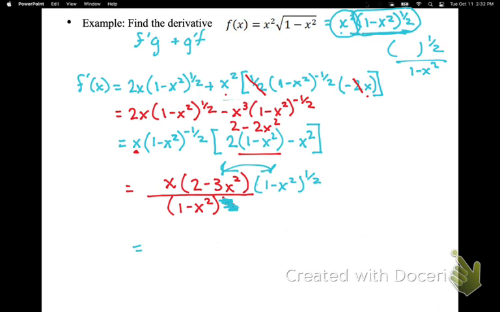No, I cannot, because you're multiplying. This is in a square root, yes. And so can I combine them? No. If the quantities were the same, could I combine their exponents? So then you just have to leave it. So I have x and then 2 minus 3x squared times the square root of 1 minus x squared